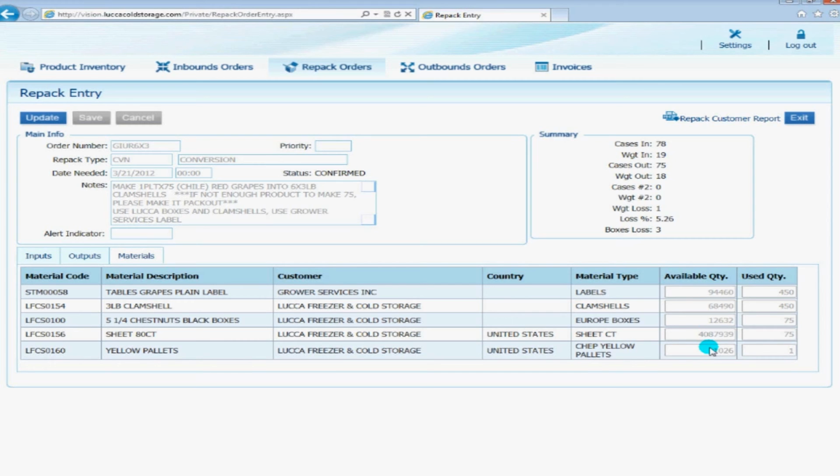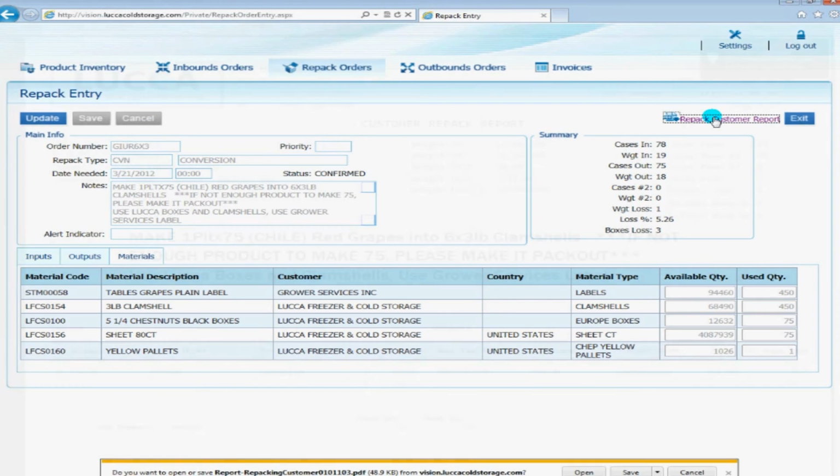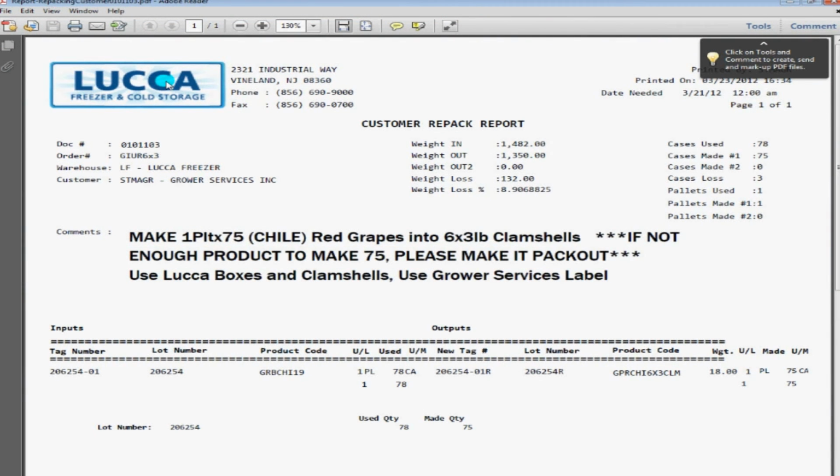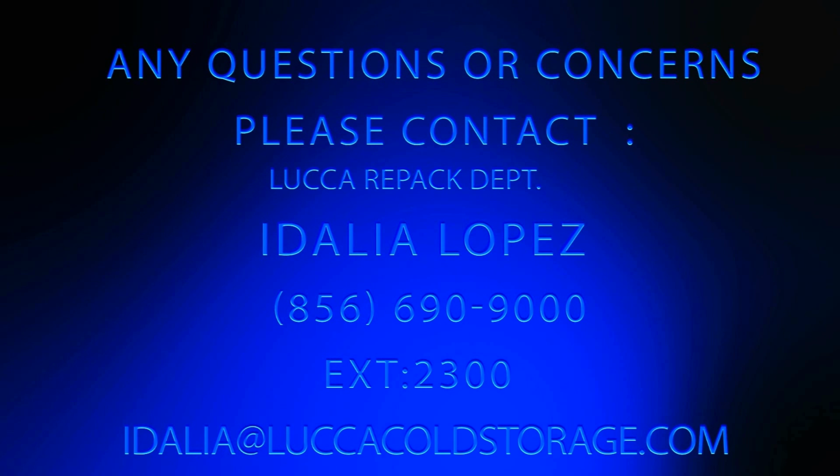On the upper right-hand corner is a link that says Repack Customer Report. Click on this link to open this report as a PDF document. You can view, save, or print this document, but you will still continue to receive a copy via email from the Lucca Repack department. If you have any questions regarding any steps or the system itself, please feel free to